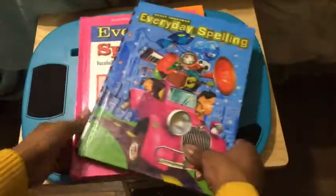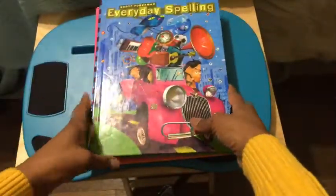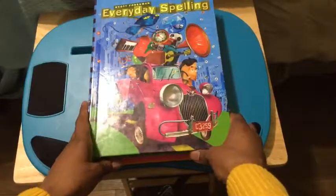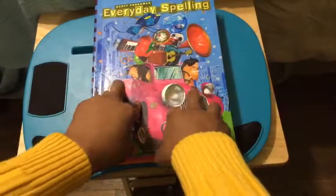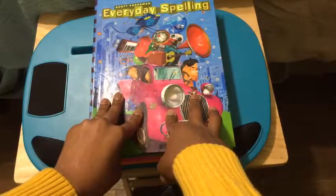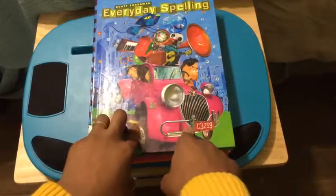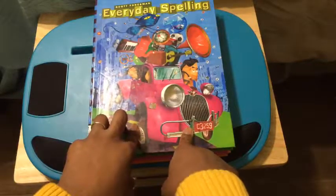So I just want to give you guys an inside look of how everyday spelling looks, so you can decide whether or not you would like to purchase this or not. Again, I bought this from eBay. These from eBay. I think you can get them from Amazon, but they're more expensive. So I would advise you to go to eBay, because I mean the most I spent for